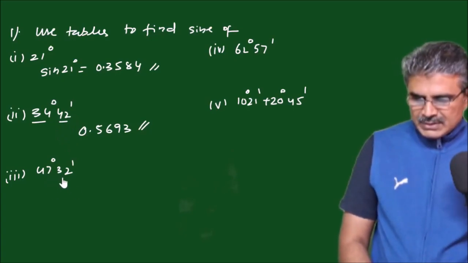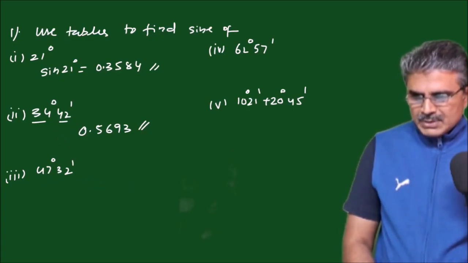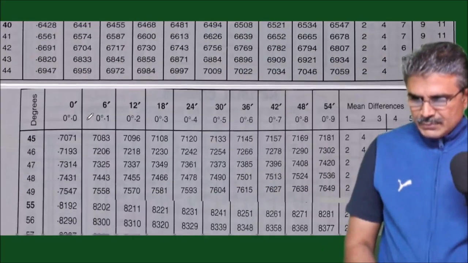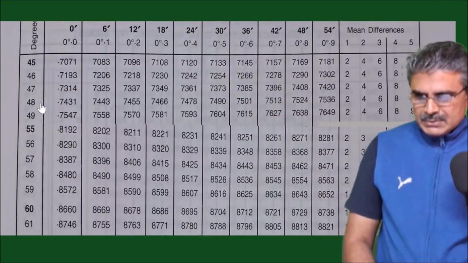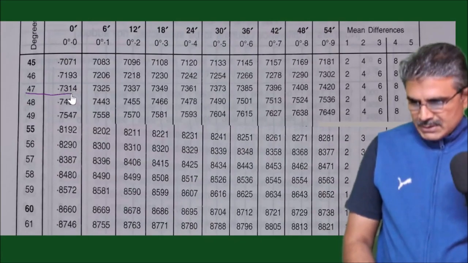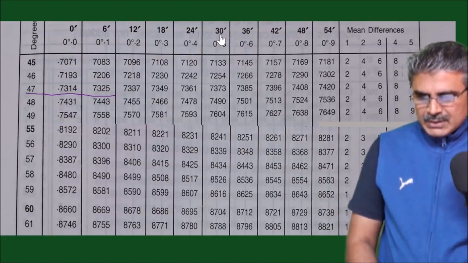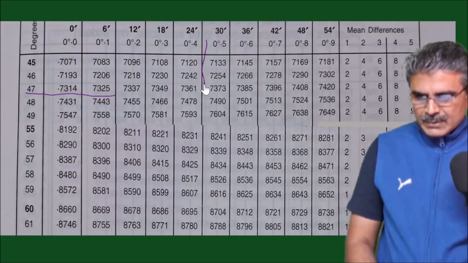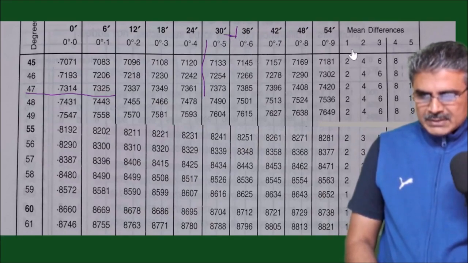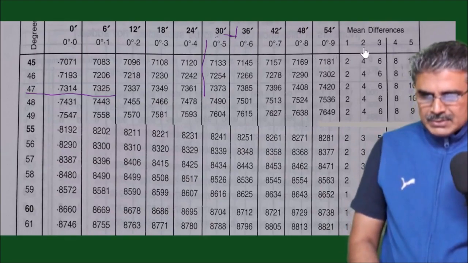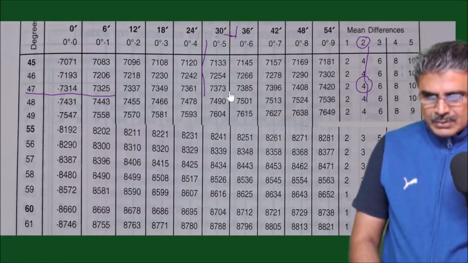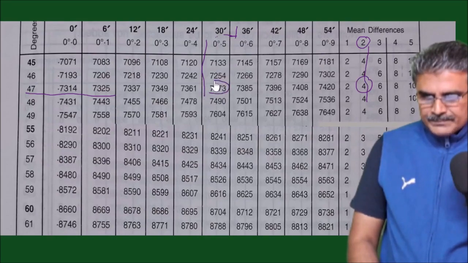We'll go to the next one. The third one is 47 degrees 32 minutes. So go to the table, 47 degrees. So 47 degrees comes here. And at what minute is it? It is 32. So we need to check the 32 minutes. Here we have 30 but no 32, we have 36. So at this gap we can check the mean difference. From 32 the mean difference is 2. So at 2 we need to check for the respective angle, which is here 4, and this 30 we need to get